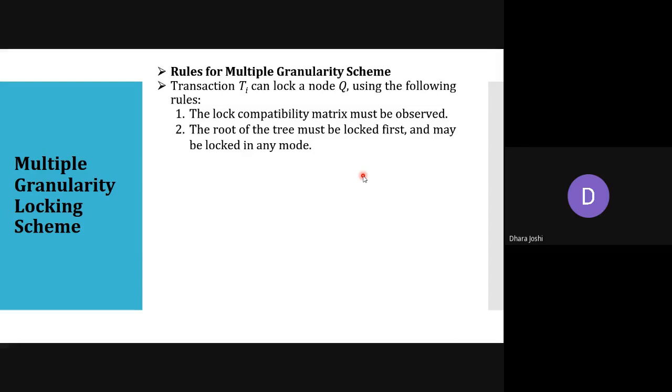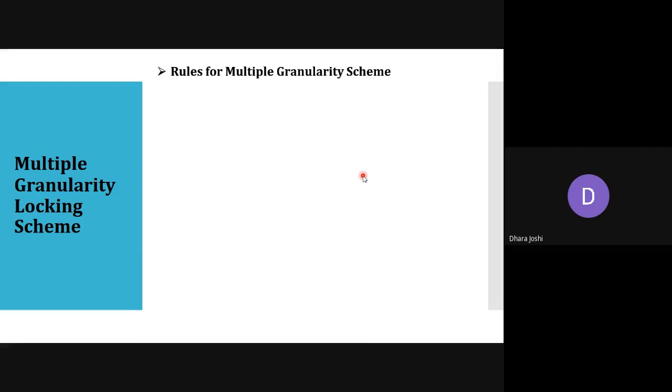The second rule: the root of the tree must be locked first and may be locked in any mode. That means, I'm just writing it here. If I have this kind of tree structure, and I want to acquire a lock on any of the nodes, suppose I want to acquire a lock on this, then it is mandatory that the root node should be locked.